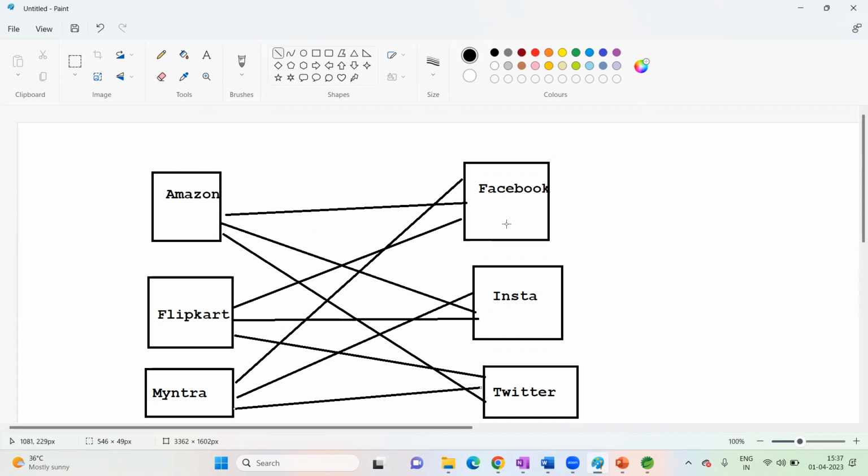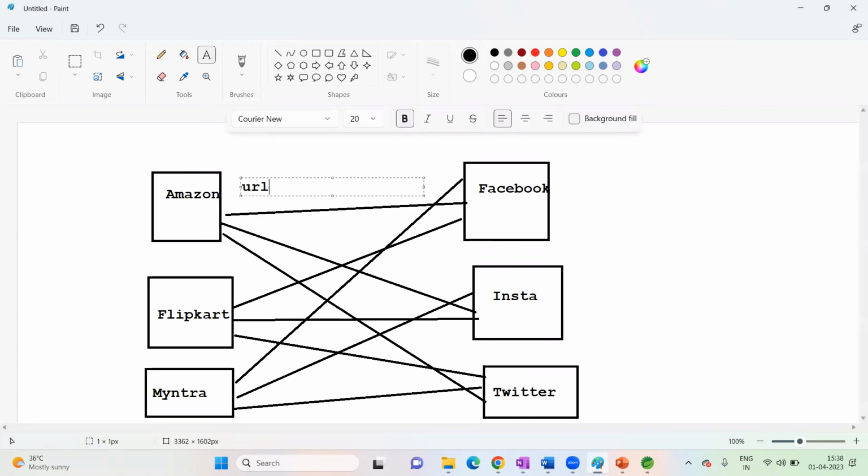How will this be communicated? See, if we are using REST API, how will we call? Already we know that we have the corresponding Facebook URL, the HTTP request type, request body data or query param or path param. Based on that, we'll communicate to Facebook. Same as Insta, same as Twitter. Tomorrow, if you want to,